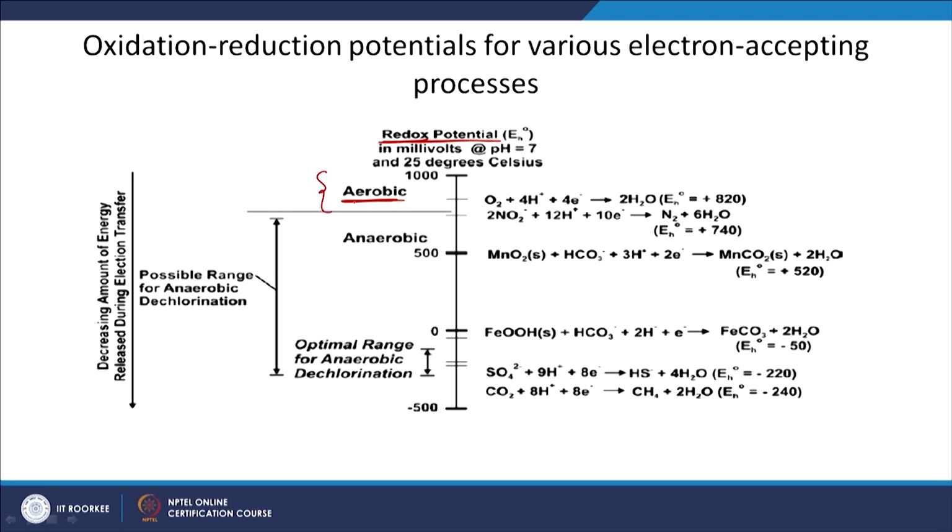So obviously in this zone, let us say, when you have oxygen, you have the relevant E_H0 out here, right. So you see that in this zone it is not going to be feasible, right. Why is that? Because you have, let us say, a relevant compound here somewhere. Let me look at this relevant case once. So here we have the aerobic zone, as oxygen would act as the electron acceptor, as you can